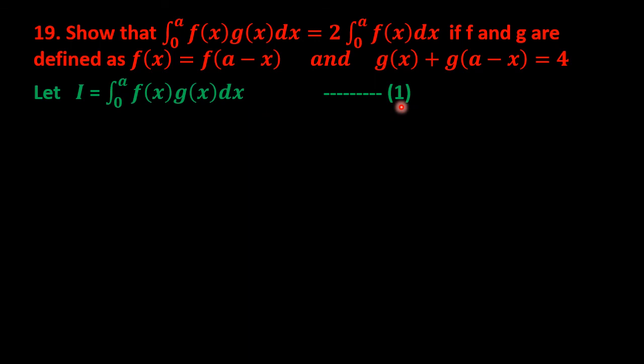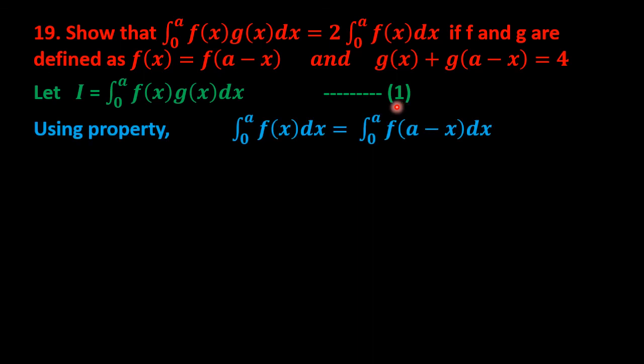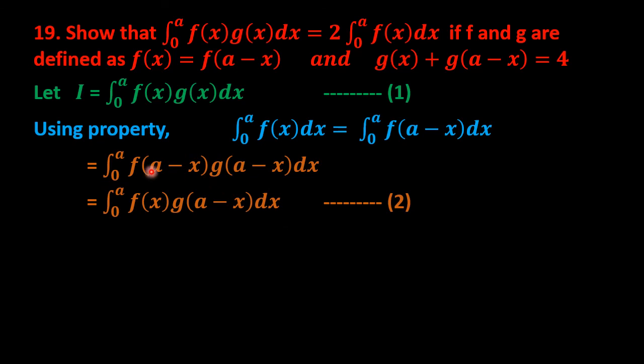Now here we are using fourth property, and this is the property where this x will be replaced by upper limit, which is a minus x. So using this fourth property in equation number 1, this f will be replaced by f of a minus x and g will be replaced by g of a minus x. So this is after using the property number 4, and here it is already given that f of a minus x can be written as f of x. So here we replace by f(x). So this f of a minus x is f(x), and g of a minus x, let this be equation number 2.